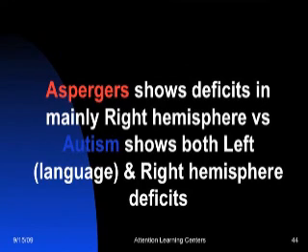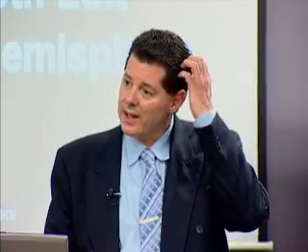What about Asperger's? What we found is there were 2 unique patterns to Asperger's that we didn't see with ADD or autism, although we can see them all together. Now think about it for a minute. People with Asperger's have very good language, and if you know how the brain works, the language is more on our left side of the brain. On the right side of our brain is where more of our social and emotional functions are. So what we usually find with people with Asperger's is the left side of their brain is working really well. The right side of the brain, where the social and emotional functions are, is the area